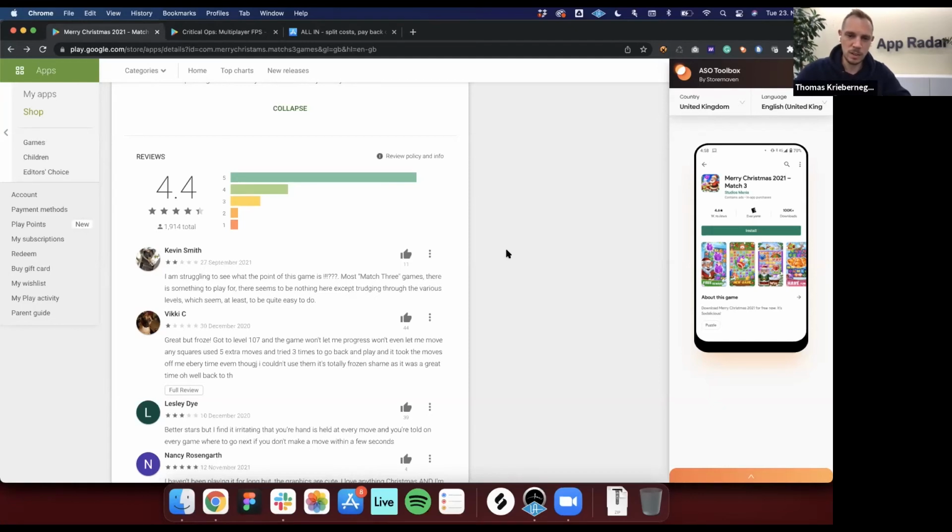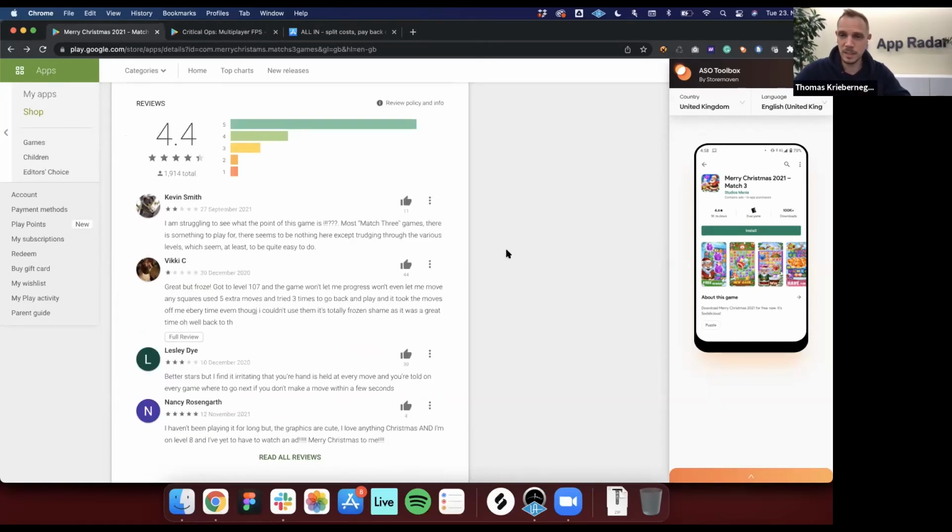But when I go a little bit deeper, the first thing that popped into my mind is that I'm seeing two very negative reviews already in the beginning, also with a lot of upvotes. This is also the reason why they are in the beginning. But here, the developer didn't respond to those negative reviews. So this also means people entering the App Store page, seeing this, might only see the negative impressions and think, okay, I'm not going to download.